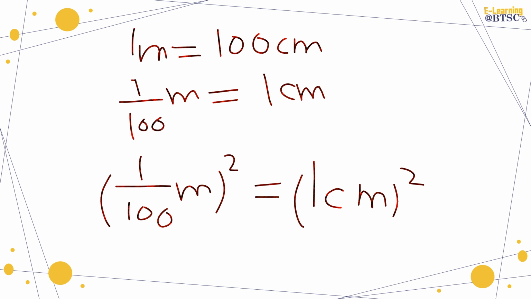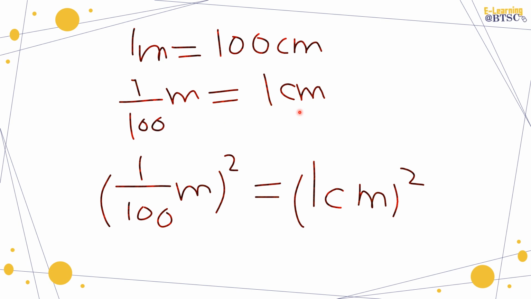As we know that 1 meter is equal to 100 centimeters, but we want to know how many meters are there in 1 centimeter. So what will we do? We will divide by 100 on both sides. Why do we divide by 100 on both sides? Because we want to know the value of meters in 1 centimeter. Okay, we have divided by 100 on both sides. When you divide 1 meter by 100, you have the answer 1 over 100 meter is equal to 1 centimeter. Why 1? Because 100 divided by 100 is 1 centimeter.